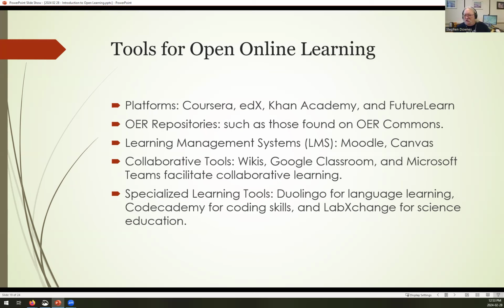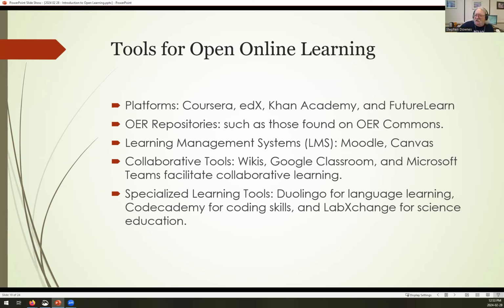If you do a Google search for something, use the phrase LibreText, L-I-B-R-E-T-E-X-T, with your search, and you'll find open educational resources for that resource. Not for everything, obviously, but for some things. And if you have an open educational resource, make sure that you put the word LibreText somewhere prominently in that so that it shows up in someone else's search.